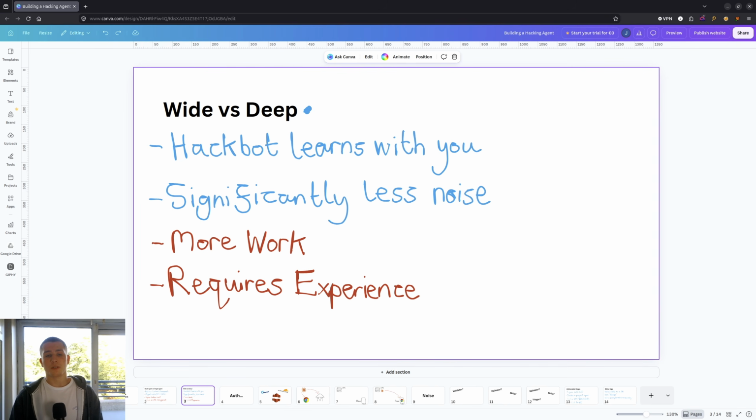When you're going wide, the hackbot is doing more stuff itself because you can't guide it, right? So the hackbot is going off its own ingenuity, and it's completely based on the workflow that you've designed. The AI itself is always going to be the same, it's a common factor across all of the hacking agents. The difference is how you implemented it. And usually this requires you to build skills into the AI, or patterns of vulnerabilities that you found across numerous targets. That's basically how you code the AI: you build your own workflow into this agent, and it will go off and repeat that workflow, presumably on all of the